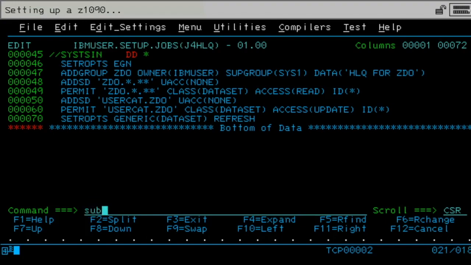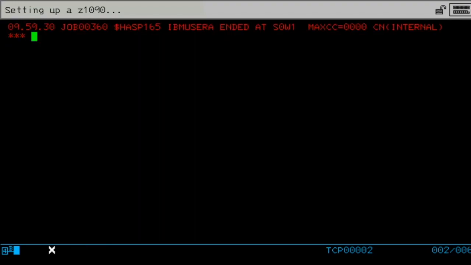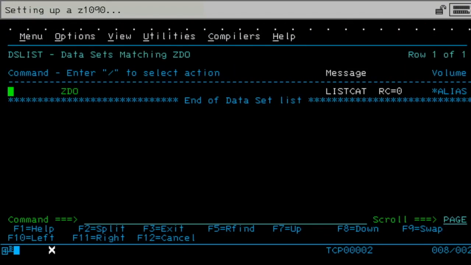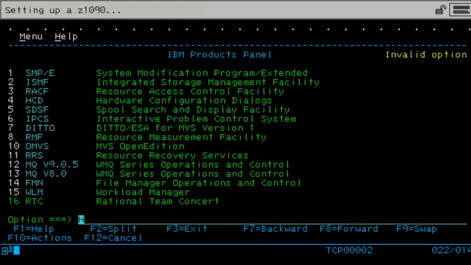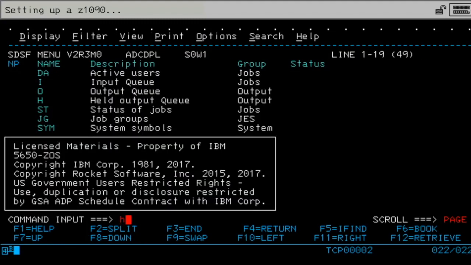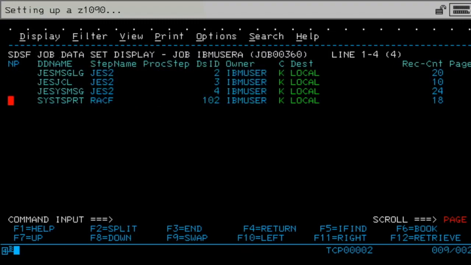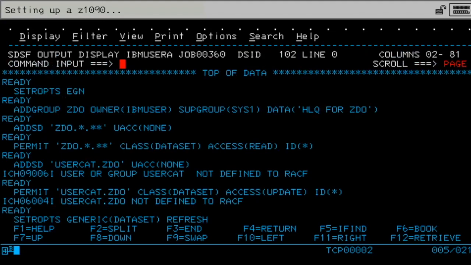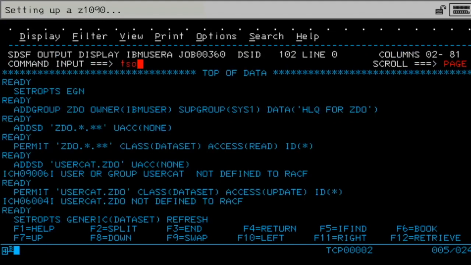We are just going to submit this, and we get a return code of 0. We are going to check our output. 5, please. Let's see. Ready, ready, ready, ready, ready. Everything okay. So when we now do a TSO list dataset